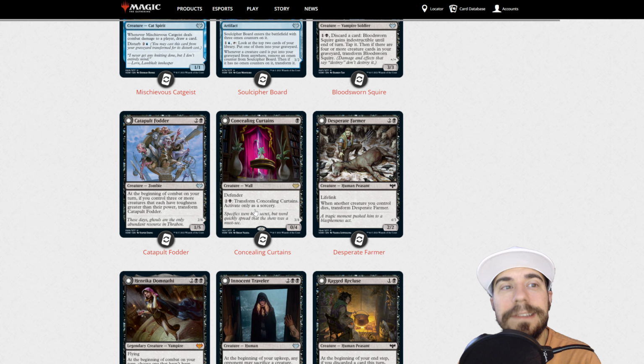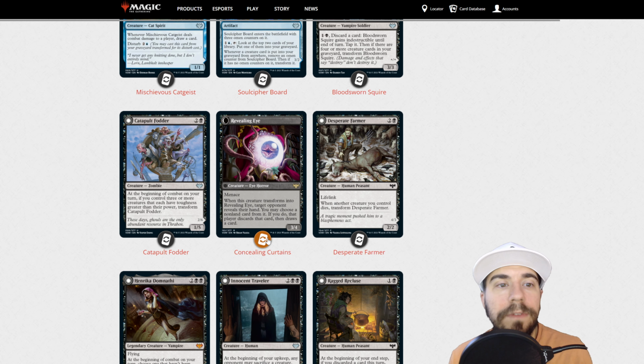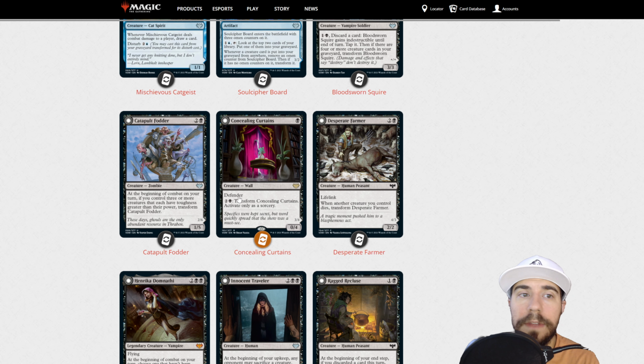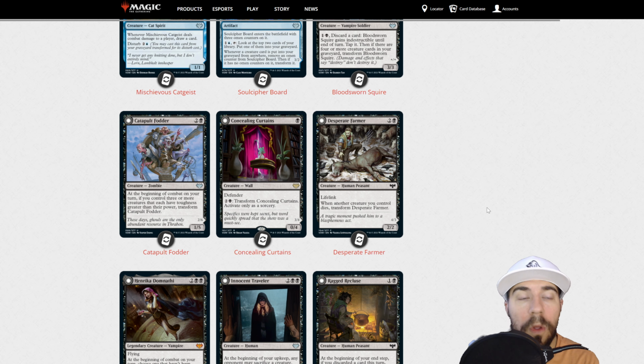Here's a cool one. Concealing Curtains, Defender, transform this, activate only as a sorcery. We'll get a 3/4 creature with Menace, Eye Horror. When this creature transforms, a target opponent reveals their hand. You choose a non-land card from it. If you do, that player discards that card and draws a card. So that could be a game changer. This slows stuff down, particularly against the aggro decks. So something that you can certainly use to really slow the roll. A good mid-range card too. On top of that,